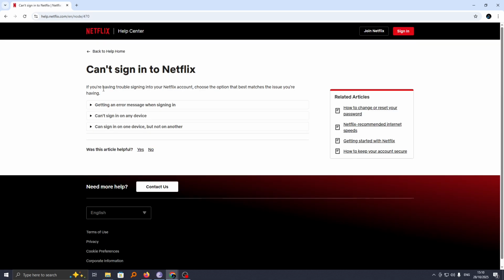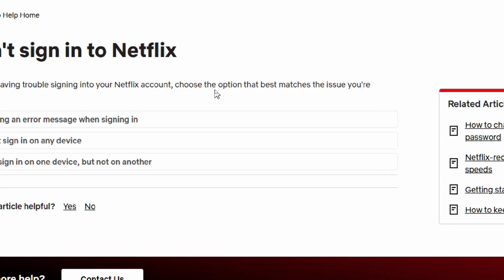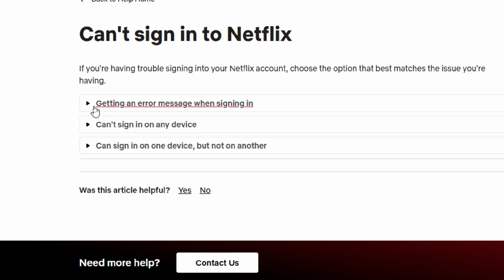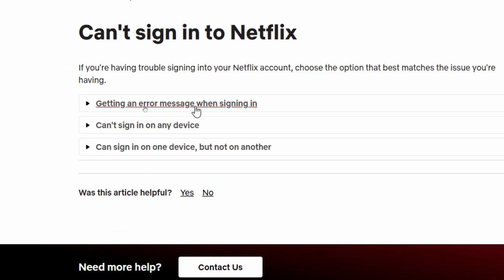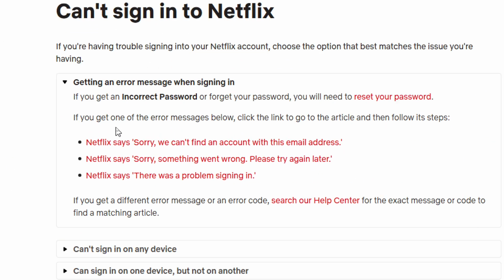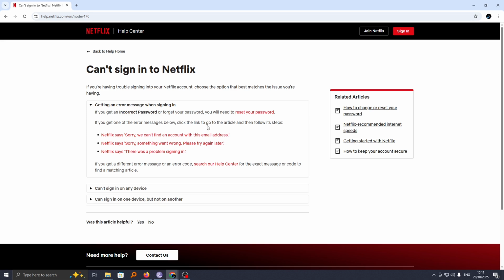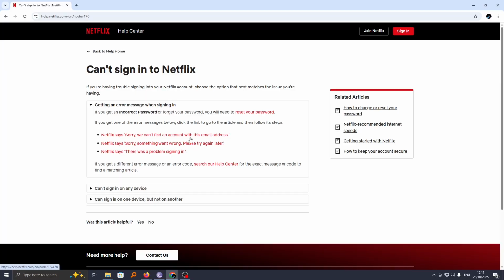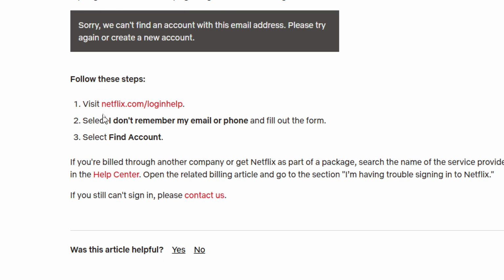Now, here you are told if you are having trouble signing into your Netflix account, choose the option that best matches the issue you are having. For instance, if you are getting an error message when signing in, you might need to reset your password. If you get one of these error messages below, then you have to click one of these articles to help you. For instance, if the message is sorry, we can't find any account with your email address, then for this, you need to go ahead and visit